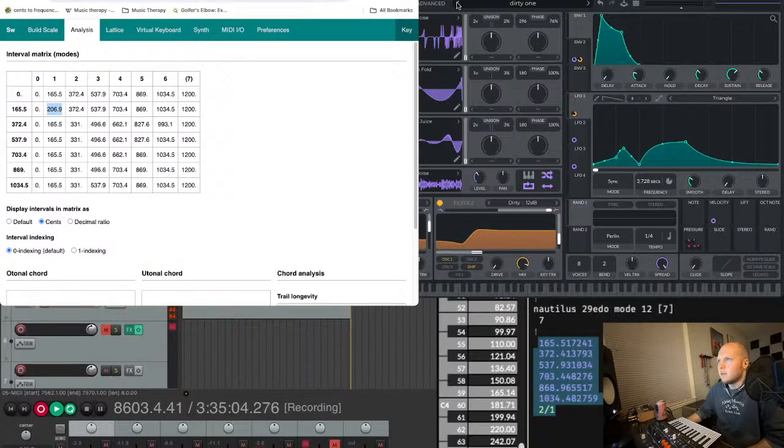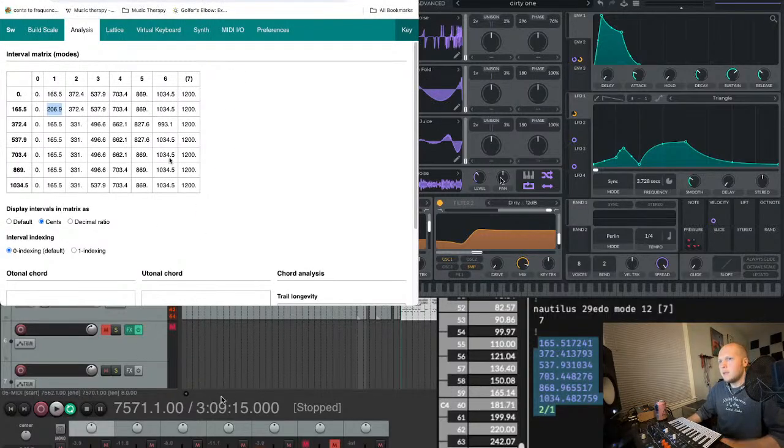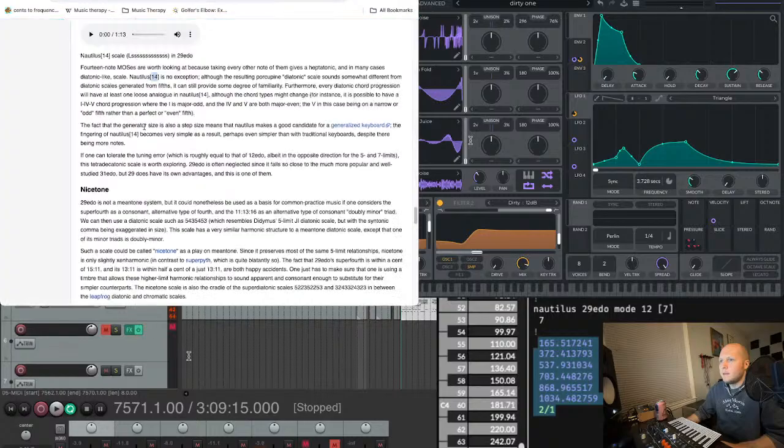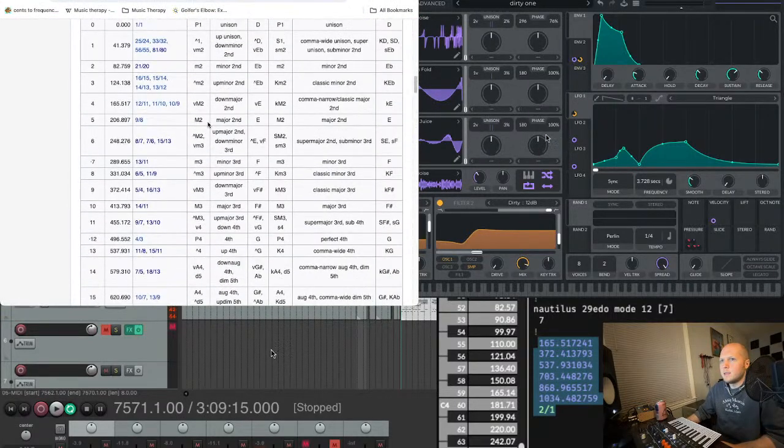Curious what these intervals are actually. I guess I'll pause the recording momentarily, and since we're getting curious, we'll do a little more theory stuff. So what was the 165.5 interval? So if you go on Zen Harmonic Wiki,